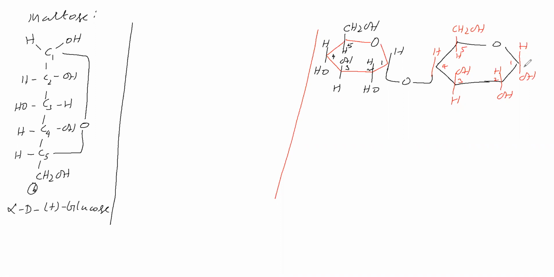This C1 carbon is a carbonyl group. Therefore, it can go for anomeric cyclization, meaning it is the anomeric carbon. C1 carbon is the anomeric carbon. Anomeric carbon means alpha form and beta form are possible. If this OH is on the right side, alpha form. If this OH is on the left side, beta form. So in this maltose, this C1 carbon is free. This C1 carbon is a carbonyl group in hemiacetal form.